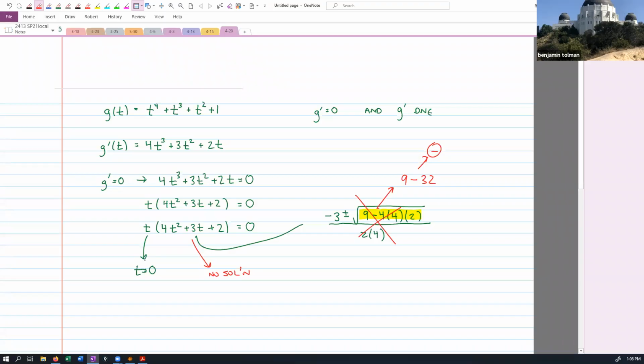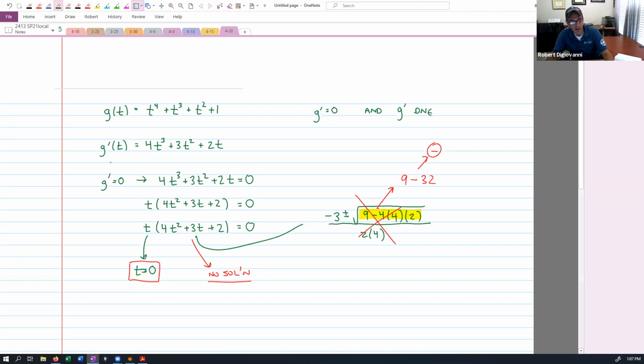Can't you make it into a complex number? Well, we could, but everything that we do in calculus does not deal with complex numbers. That goes for Cal 1, Cal 2, and Cal 3. You never deal with complex numbers or imaginary numbers until you get into a class called complex analysis. So whenever we get an imaginary number, we just give up at that point. We say no solution. Okay. Thank you. So right now we have t equals 0.